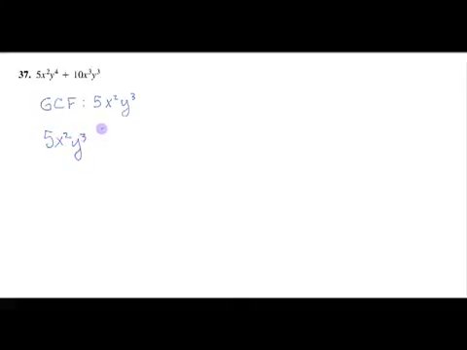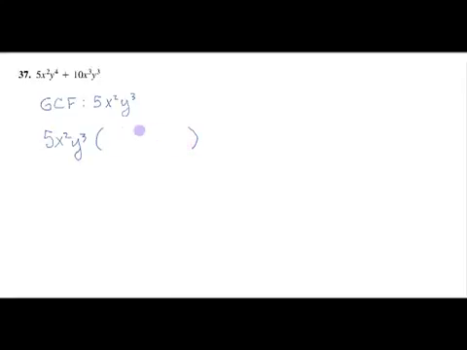What's the greatest common factor here? Well, we have a 5 and a 10 for our coefficients. The largest number that would divide both of those is 5. We have an x squared y to the fourth and an x cubed y cubed. What's the largest of the x's that would divide both of those? An x squared. And y to the fourth, y cubed. What's the largest y that would divide both of those? A y cubed. So 5x squared y cubed is my greatest common factor, and I need to decide what that